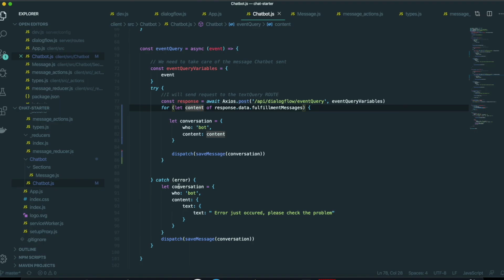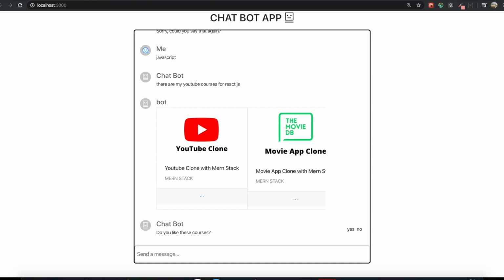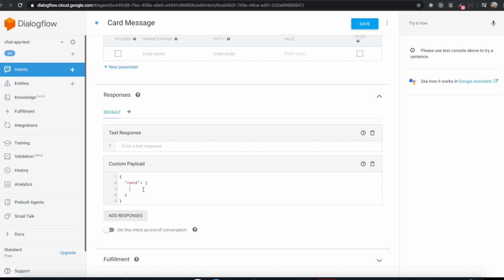Inside in here, there is a description, a title, and an image. And if we click this one, we go to YouTube, so we also have the link for this one. We will put all of the information in here. First, image. This one, I already saved the image inside Cloudinary. So I put this one, and then